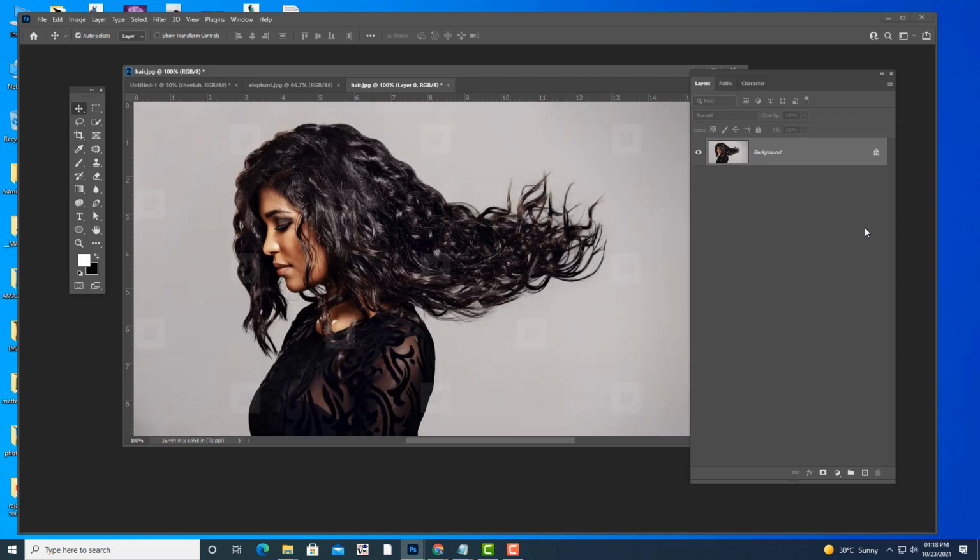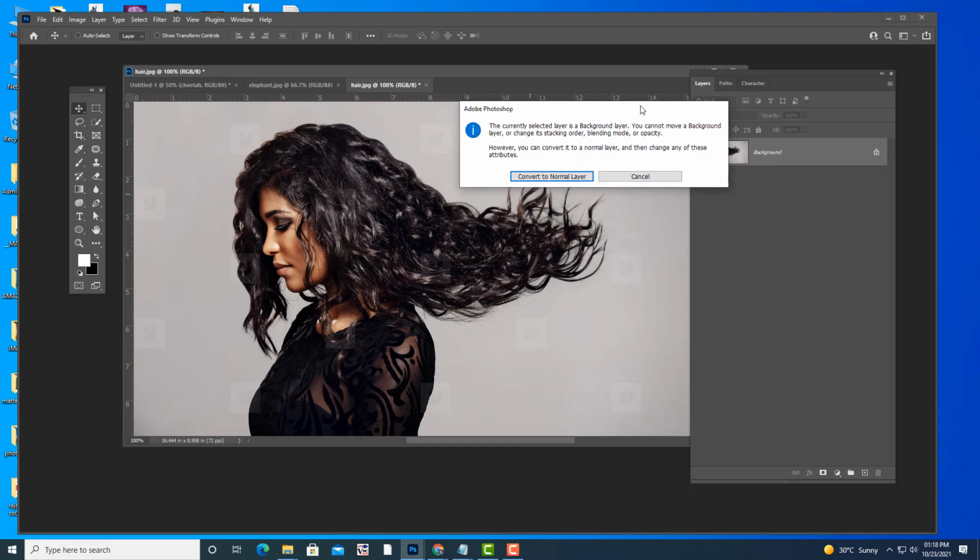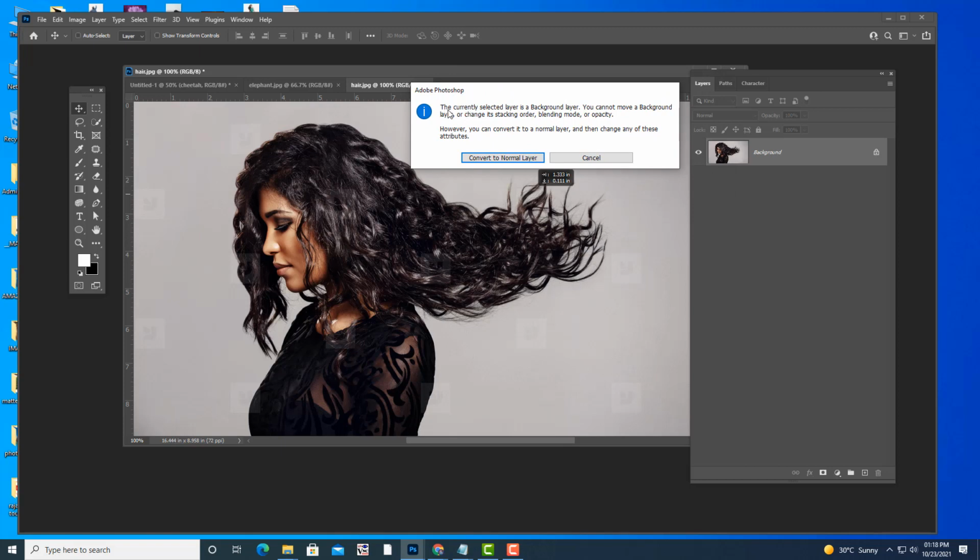But if you try to move it when it is a background layer, what will happen? See, a message appears, and what this message is saying: the currently selected layer is a background layer. You cannot move a background layer or change its stacking order, blending mode or opacity. You can't do anything with this.